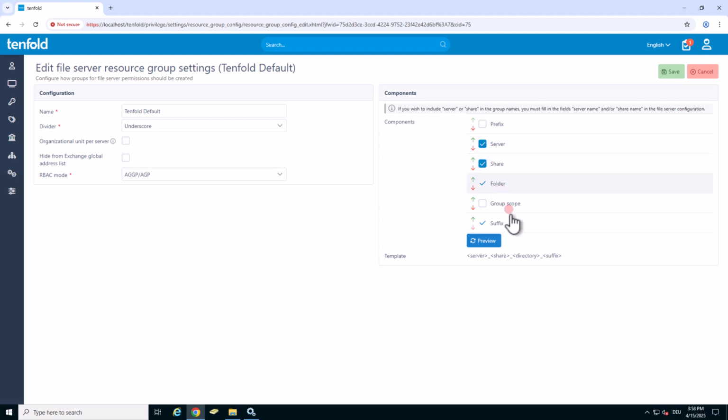The directory name and the suffix cannot be disabled. Please note that the RBAC mode cannot be changed after the first group is created. After you set it up like you want it, click on Save